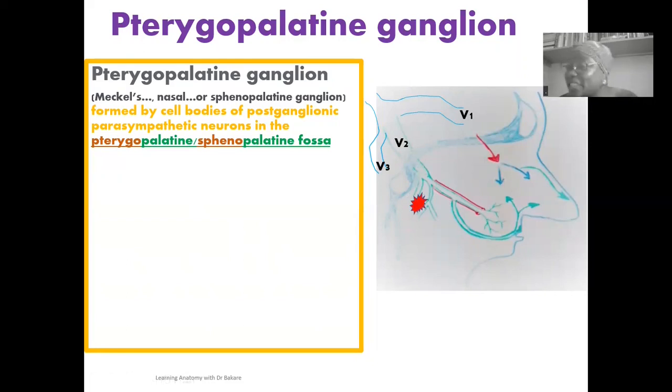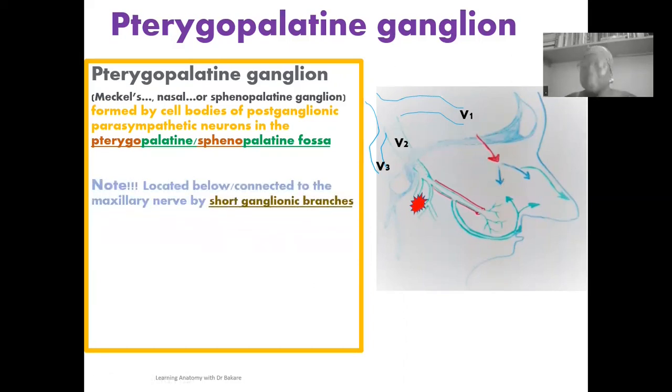We already described the configuration of the neuron. If you've not checked out my lecture on the neuron, please kindly go and do so. We know that a collection of cell bodies outside the central nervous system is referred to as a ganglion, and when they are located within the central nervous system, they are referred to as nuclei. So because they are located outside the central nervous system and are a collection of cell bodies, they are referred to as a ganglion. This ganglion here is located within the pterygopalatine fossa, and you see it located inferior to the maxillary